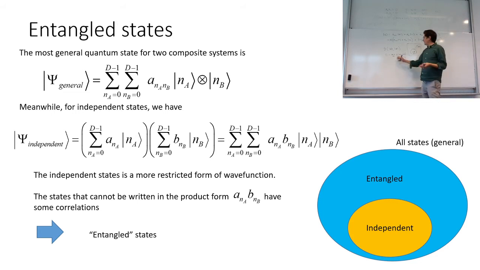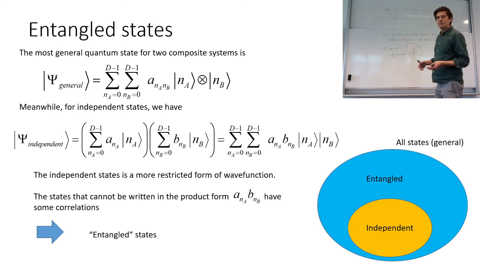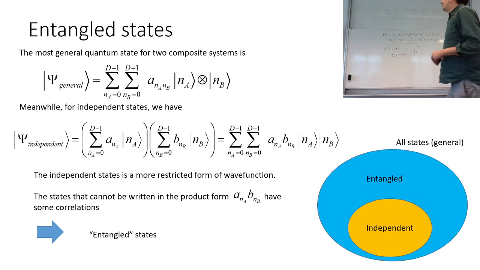But unfortunately, the formula is not very easy, because imagine you had to do this on a computer, you would basically run through all the possible states that exist, right? And then you've got to run through all the possible independent states that exist, and then find which one is the closest one. So it's a highly numerically intensive kind of task. So there's actually a much better formula